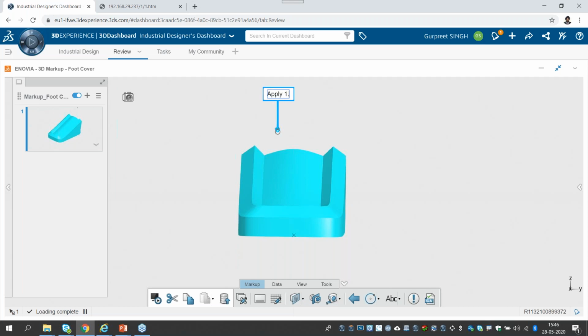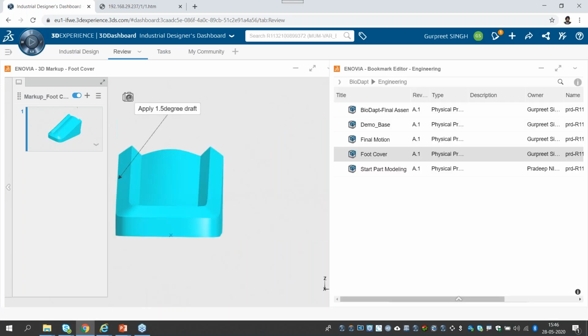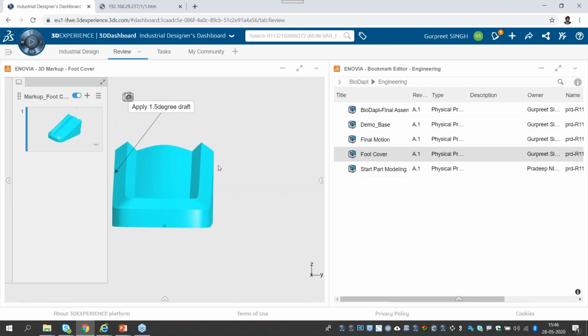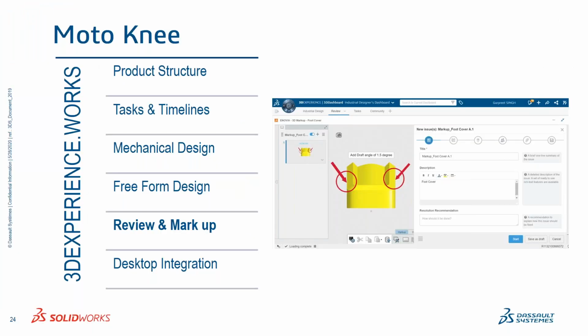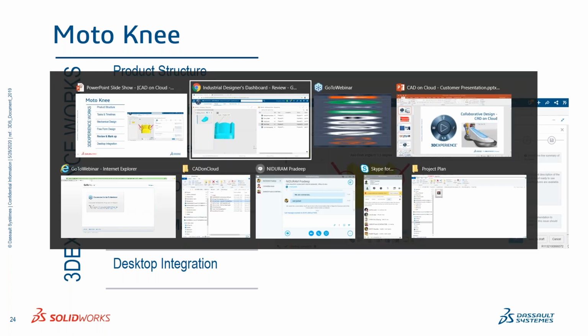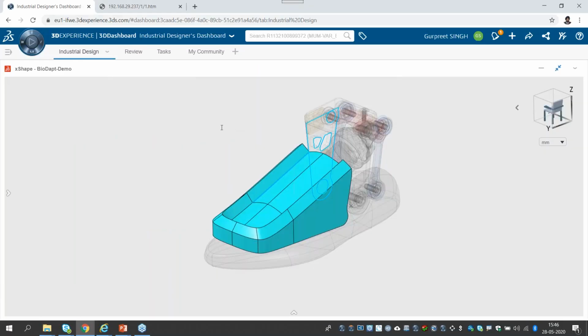Apply 1.5 degree draft. Okay, so maybe something like this command he adds, and he wants to add a draft over here so that it can be injection molded very easily. So this review can be shared with the organization across the board. So now once this review is done, let me just come back and perform the changes in the